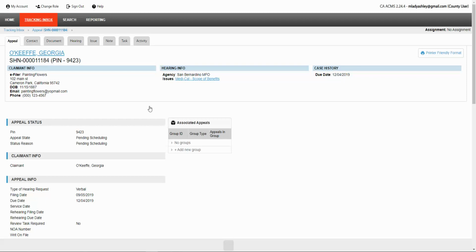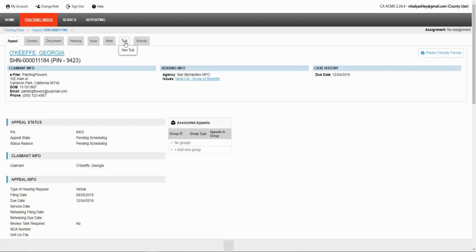So State Hearings and the counties and responsible agencies really should not be sharing information with me, because I'm not the claimant until I have a piece of paper signed by the claimant saying that I am authorized to be their representative. So if you suspect that that is happening in a case, you can open up an improper claimant